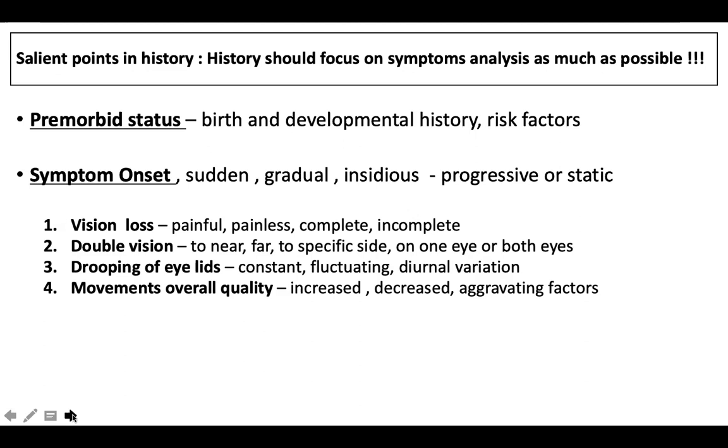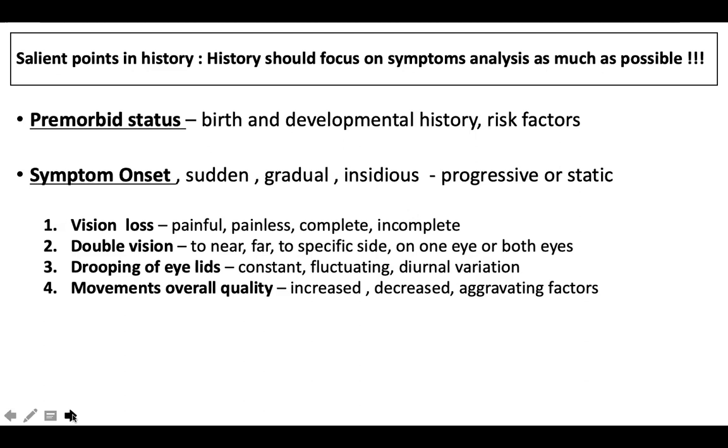Of course, in smaller children, it is nearly impossible to get all relevant information. You can have drooping of eyelids in certain neurological conditions or neuromuscular illnesses, where if you have an episodic ptosis, you think about conditions involving your neuromuscular junctions like myasthenia gravis or a mitochondrial disorder. Again, if it is very constant droopy eyelids, you may think about a congenital ptosis, where it becomes a purely ophthalmological illness. So there is some degree of overlap between neurology and neuro-ophthalmology. Some purely ophthalmological cases do end up coming to neurological OPD, but we need to clarify the history here. That's where the history taking becomes very, very important.